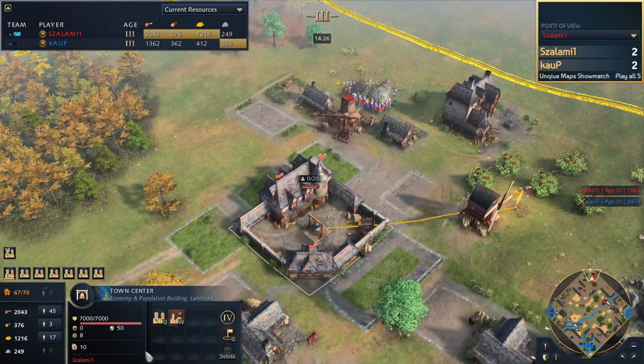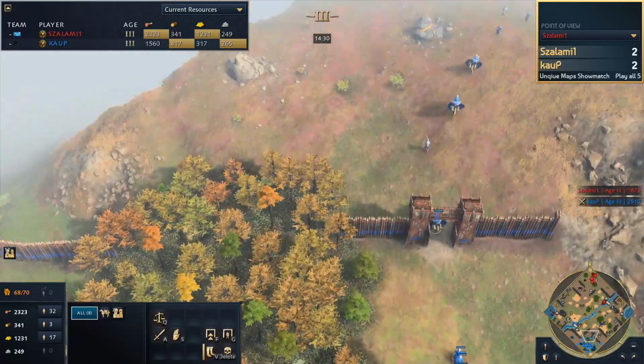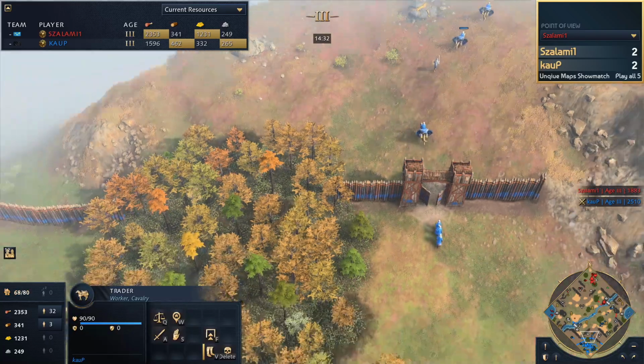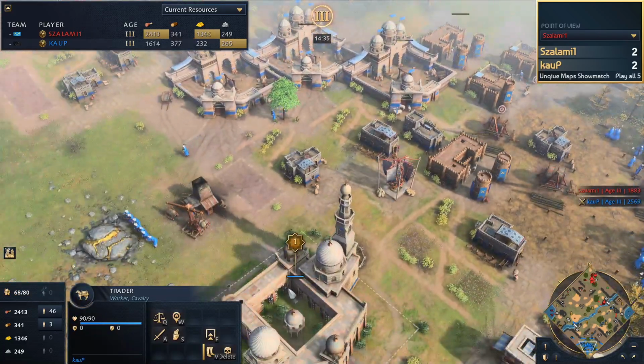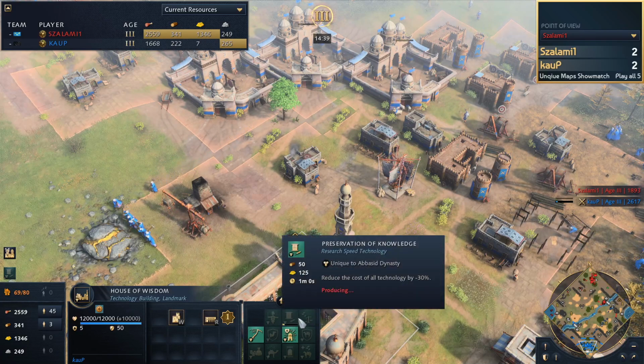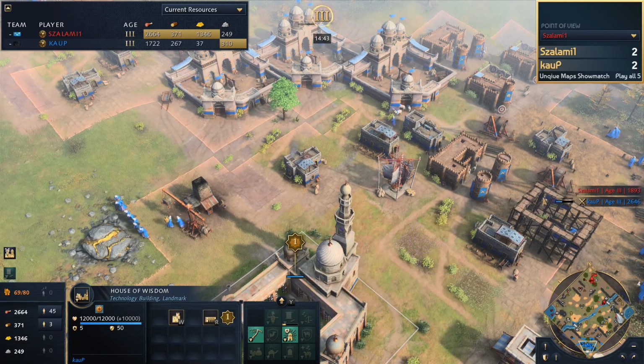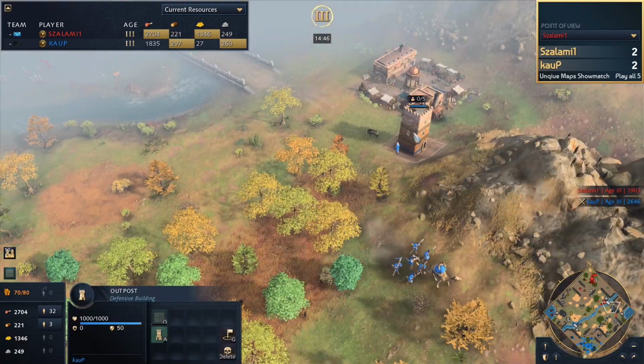Szalami's got 2 town centers with the French boost, as compared to 3 town centers with the Abbasid boost. And that's quite a lot of villagers coming in. Traders. Interesting. Now, it is the Culture Wing that kauP went to Castle Age with, so he's not going to get the upgrades that are available on the Trade Wing right now, but that's the reason why he's moving all the